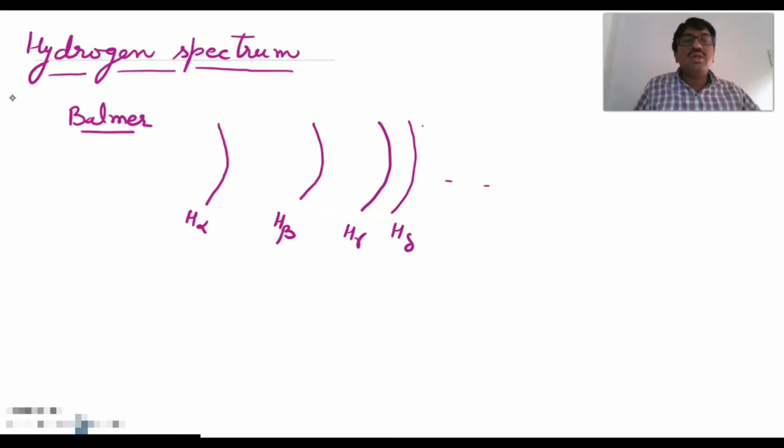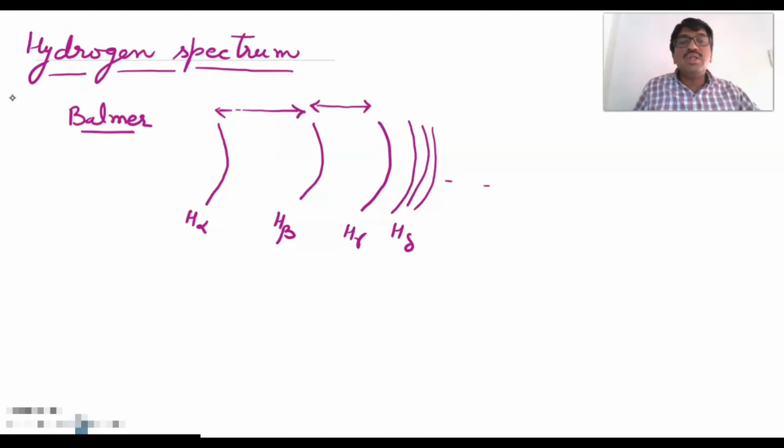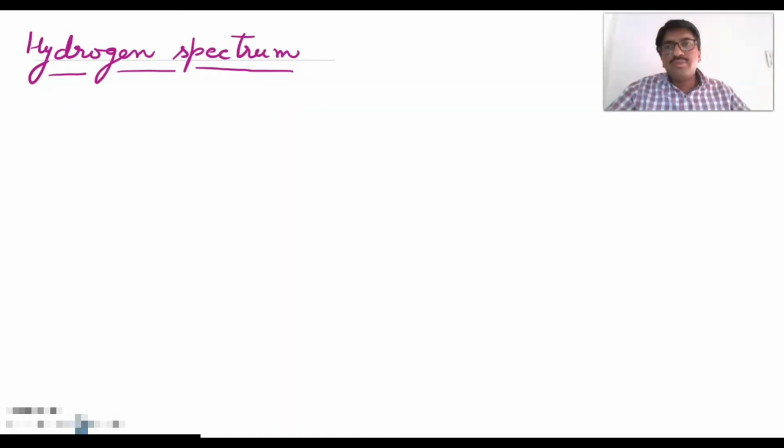These are the hydrogen spectrums, and the separation between two consecutive lines continuously decreases as the order of the spectrum increases. The hydrogen spectrum can be explained by Bohr theory,